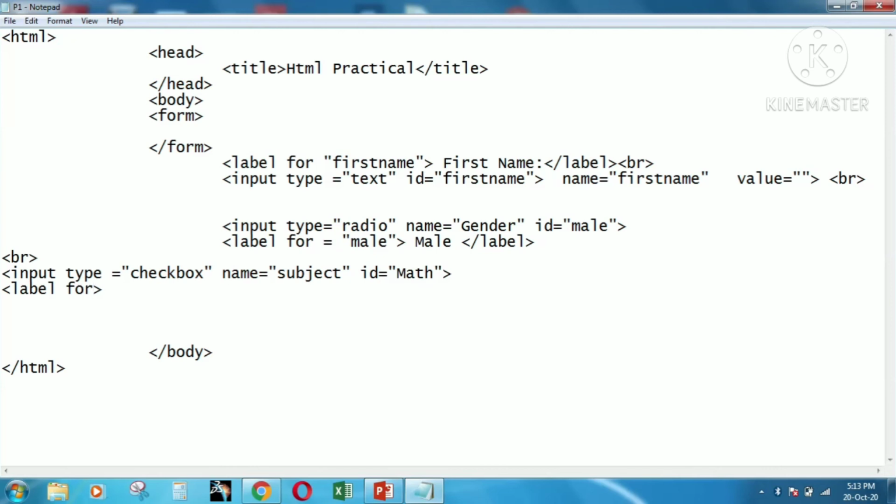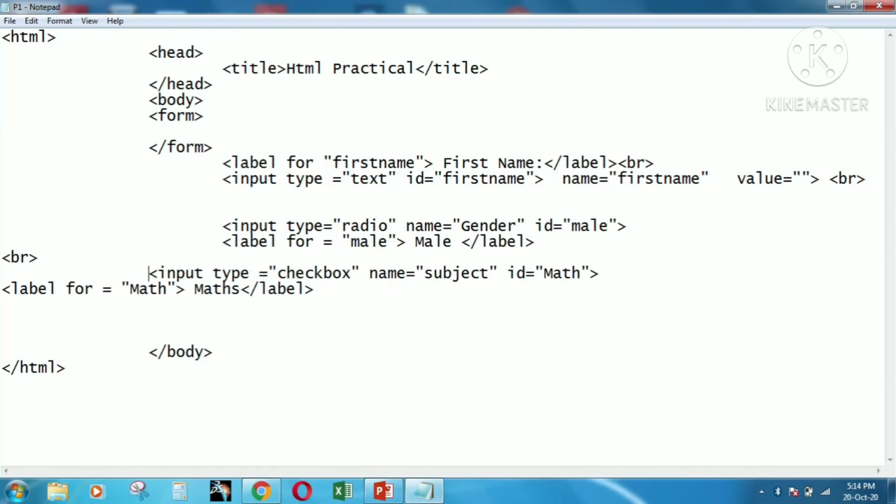So you can also create 5 checkboxes of different subjects using the same code. Input type is equals to checkbox, name subject, ID will be different if you are using a different subject, and label for whatever ID you use there, you need to write that ID in the label for. Okay, maths, close the label.